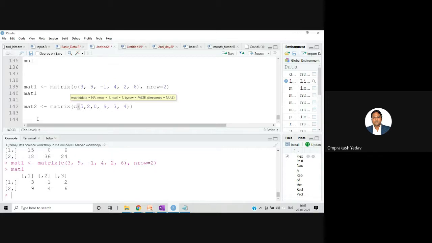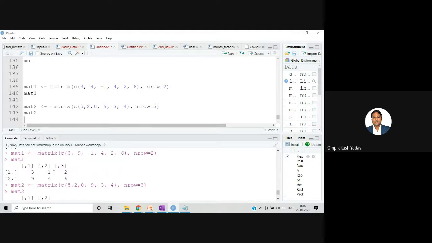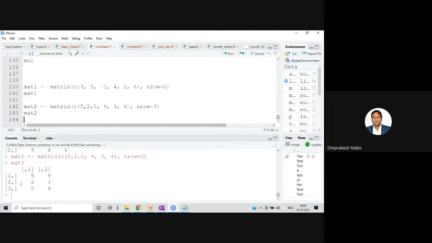Here we will say nrow equal to 3, because the total number of rows in the first matrix was 2. Now the dimensions must be compatible. Let's display mat2. If you see here, the number of columns of the first matrix is equal to the number of rows of the second matrix.